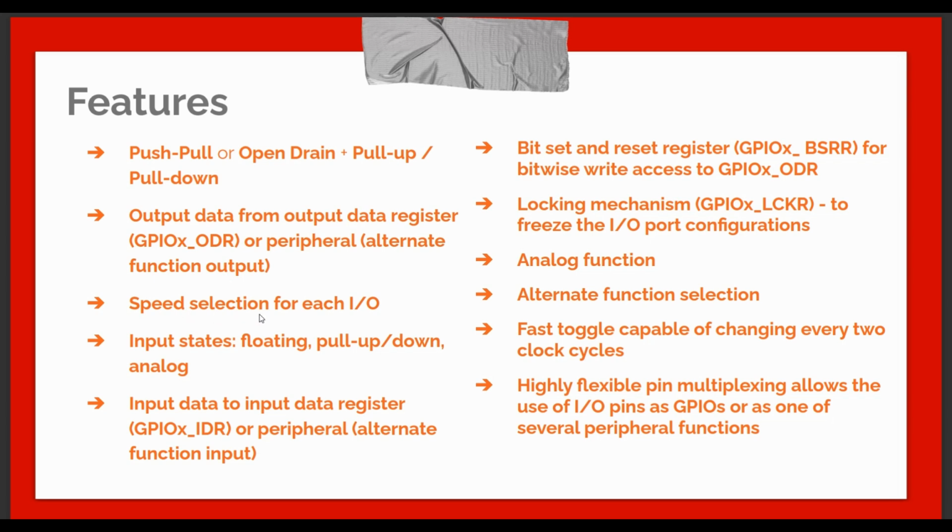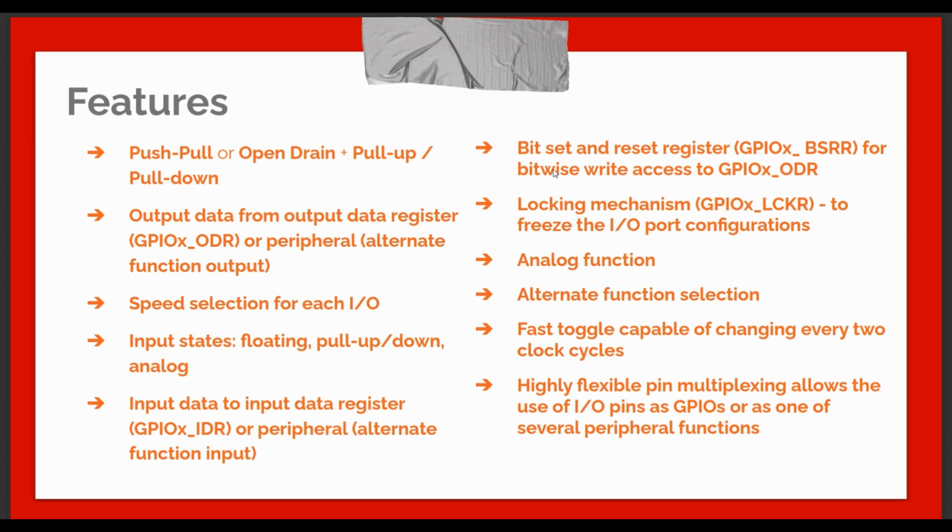Then speed selection for each IO. You can select the speed for each of the IOs, low speed or high speed. Input states: these are the available input states. Floating, and we'll go through what floating, pull up and pull down are. Then analog. Then input data to the input data register. The input data register is one register where we can read the input of each of the IOs. The data register will be updated by the input,